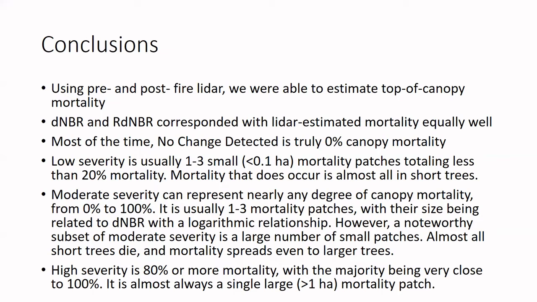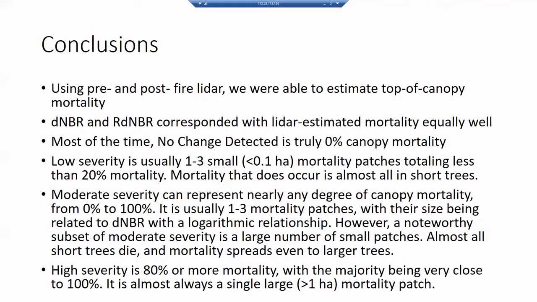Yeah, so I would say the big takeaway is, well, first of all, this is only in a set of 4 fires in Southwest Oregon. And, you know, attempting to extrapolate to every fire in the world off of that is going to be foolish. But to the extent that these fires are representative, it does seem like, at least as far as top of canopy mortality goes, you're completely fine using DNBR. RDNBR doesn't seem to add anything, at least in these 4 fires and for top of canopy mortality.